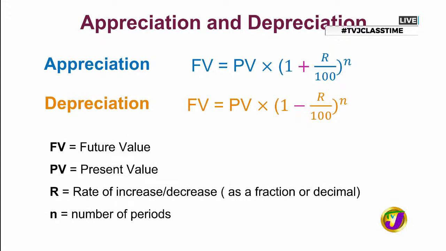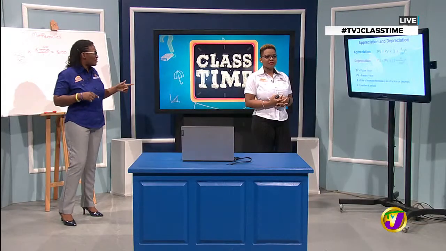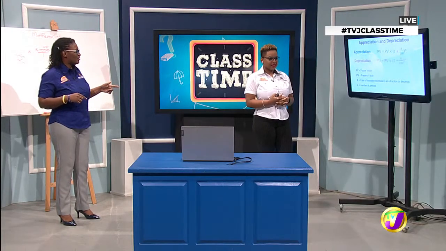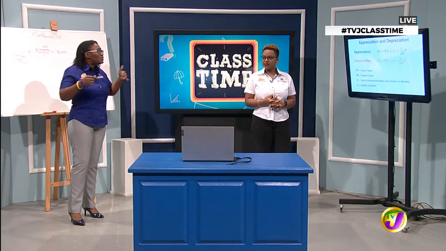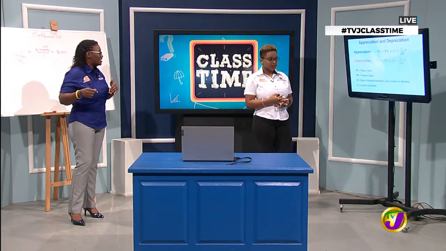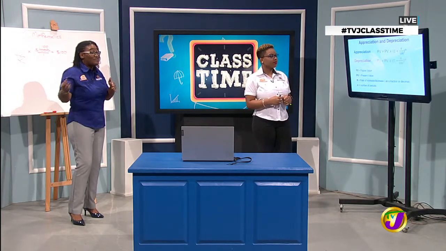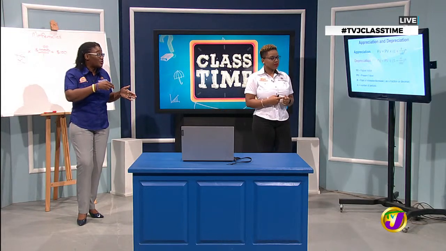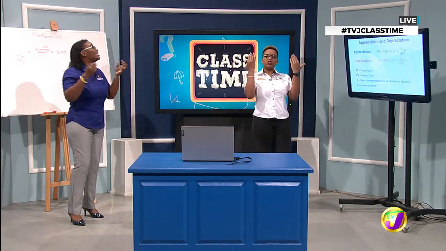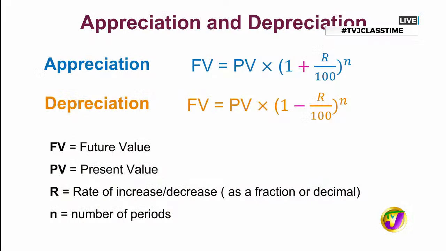But you know what I think about? What if Miss Ivy had purchased a car instead of a piece of land? Yeah. And it's losing that 10%, then that 10% could not have been added onto its value. It would actually have to be subtracted from its value. Agreed. So it's no longer 100%, but it's now 90% if it's depreciating. If it was 10%, yes.